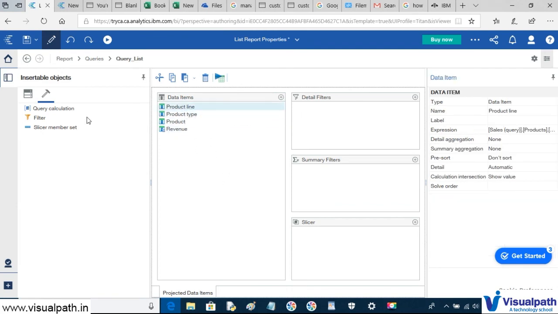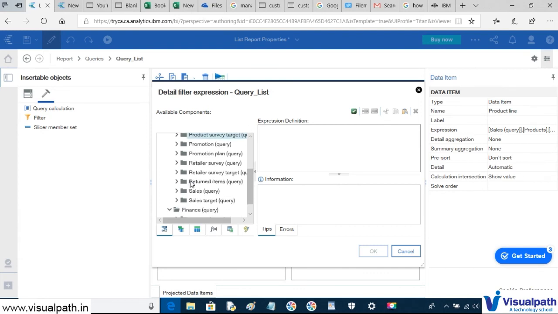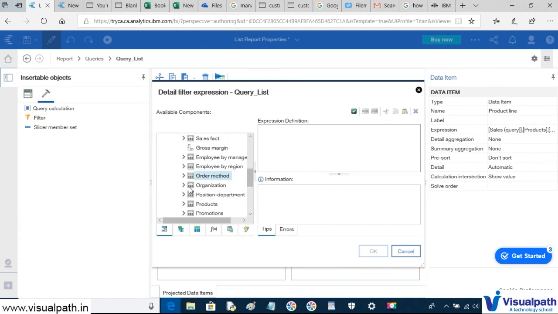So do one thing. In the toolbox, we have something called filter. Just click it, drag it and drop it in the detail filter area. Now expand the finance query. Expand the sales and marketing query, and expand sales query, and then expand product. Just drag it and drop it in the expression definition,